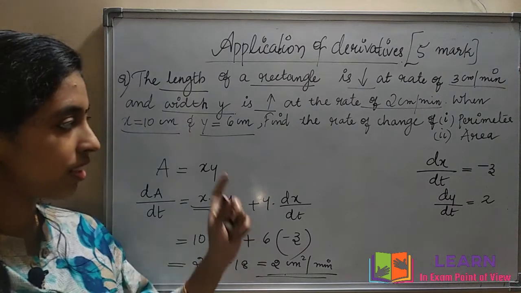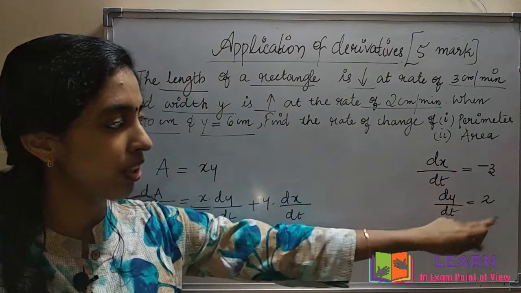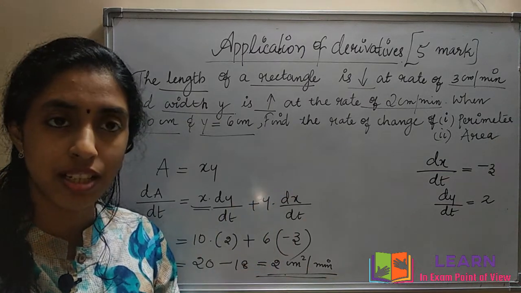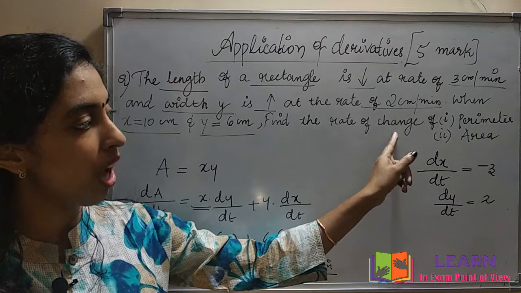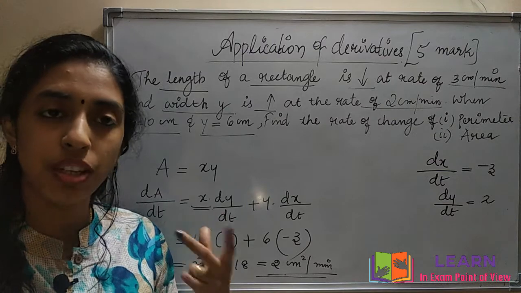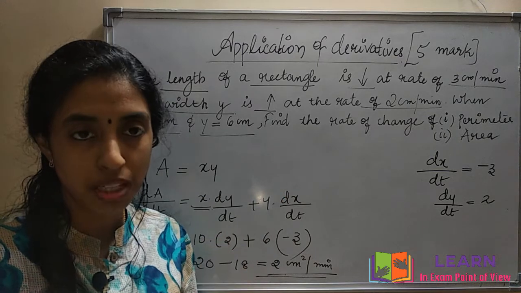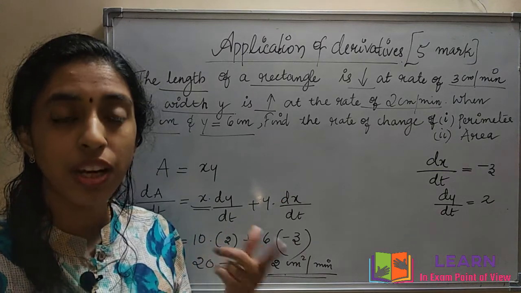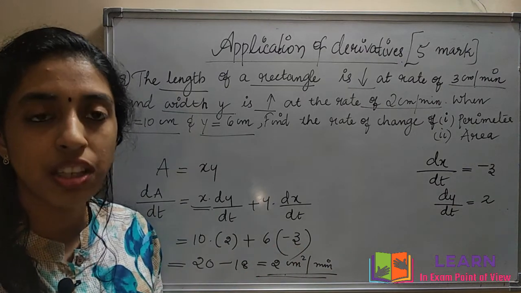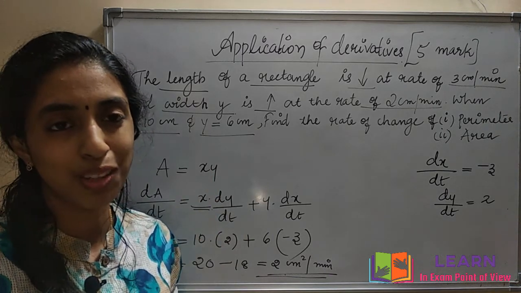So it's clear, I think this type of question can be asked. We just need to keep this sign in mind: on increasing it will be a positive value, on decreasing it will be a negative value. Then what rates of change do we have to find? Perimeter and area. We need to memorize the formulas. Here for the rectangle, perimeter is 2(x + y) and area is x into y, where x and y are length and breadth. Then just differentiate and substitute the given values. Values will be given. Just check. So one more problem we can do.